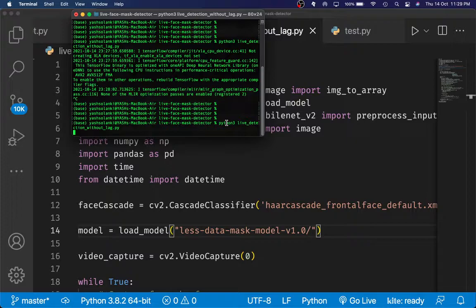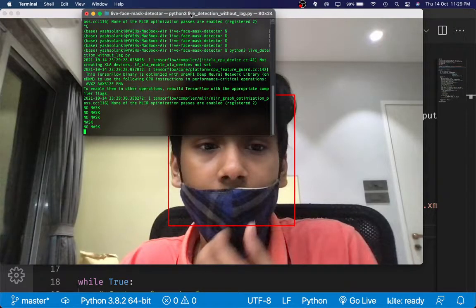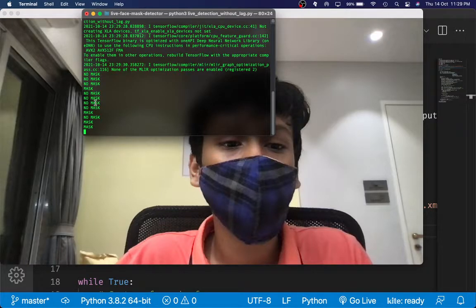Now I'm just going to wear my mask, and as you can see, it does detect it as a mask over here. Now as you can see, it is kind of biased toward the no mask, but it is detecting a mask over here. I can do something like this.